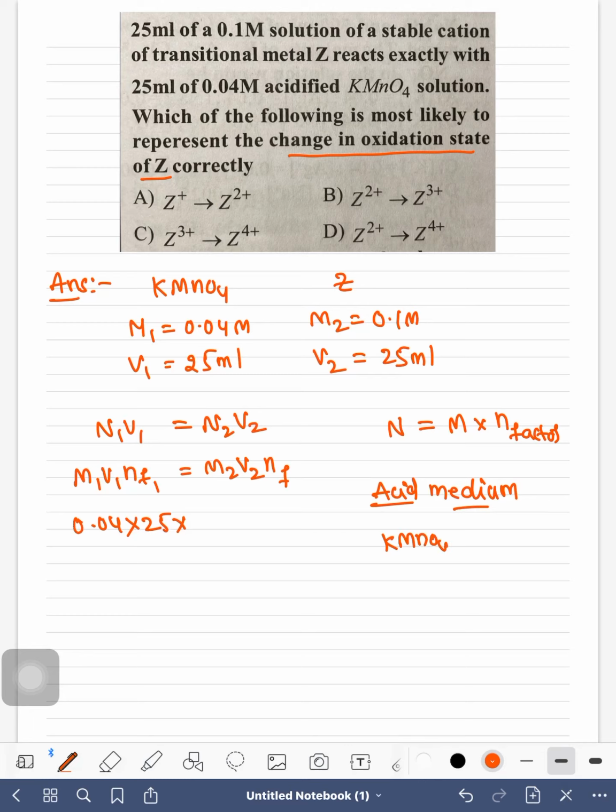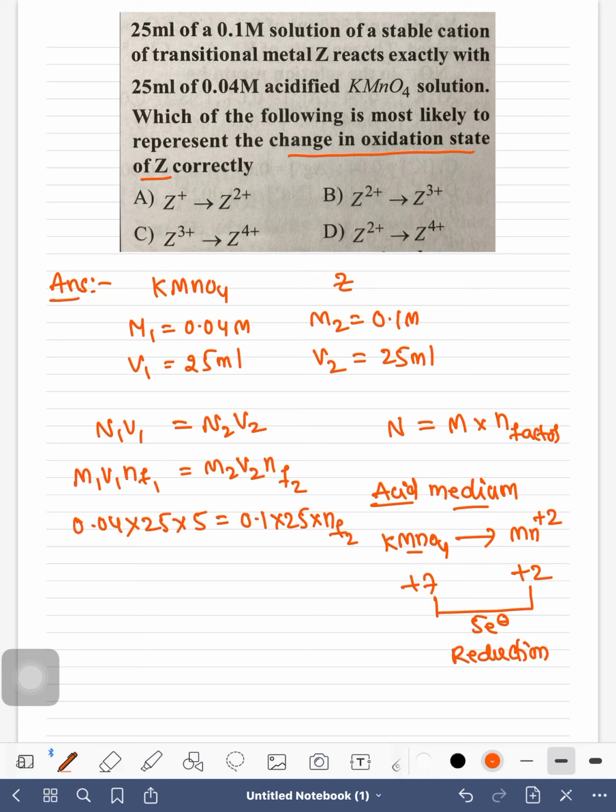KMnO4 in acid medium is reduced to Mn+2. Oxidation state of manganese in KMnO4 is +7, in Mn+2 it is +2. Number of electrons transferred is 5, and it undergoes reduction. Here the N factor is 5: 0.04 into 25 into 5 equals M2 0.1 into 25 into N factor of the second one,